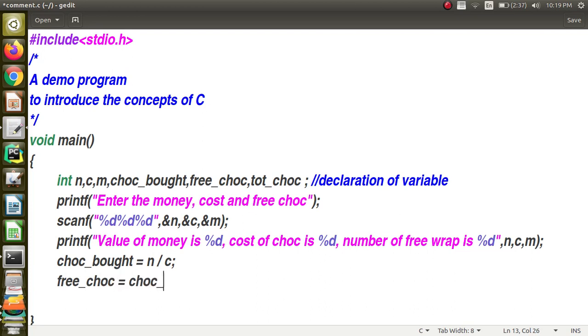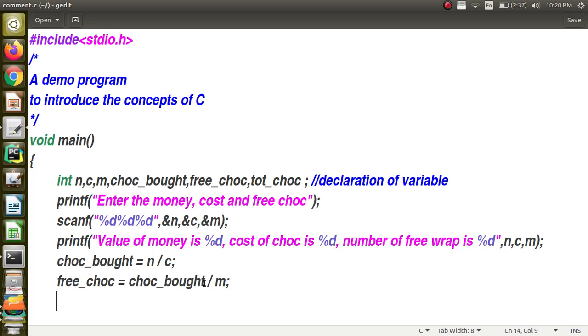From the wrappers of the chocolate bought only, it is going to divide by m. Once again, when you look at the data type of the two operands with the slash, chocolate bought and m, both are integers, so it is going to be integer division only. For example, I have 15 rupees in hand, going to a shop to buy something which costs 2 rupees, then I will be given only 7 items. For example, chocolate: no one is going to open the wrapper and give me half a chocolate for the 1 rupee I have. So we are interested only in the integer part of the division.